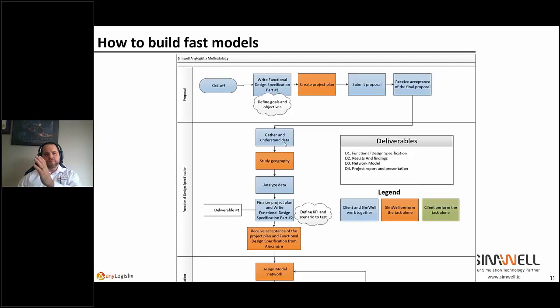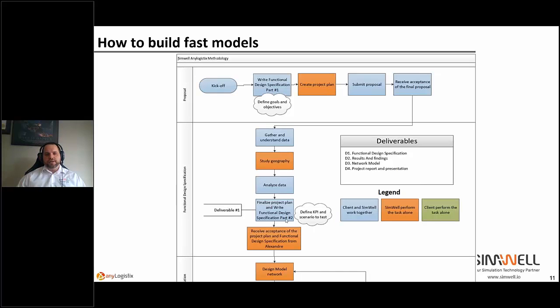Understand each of the fields in the tables, what they mean, but also how they are calculated. That's quite important, because understanding how the data is calculated gives you a much better understanding of the supply chain. Obviously, part of this process is also to understand the supply chain itself, the nodes, and how things interact with each other. That's study geography, analyze the data, understand the whole thing.